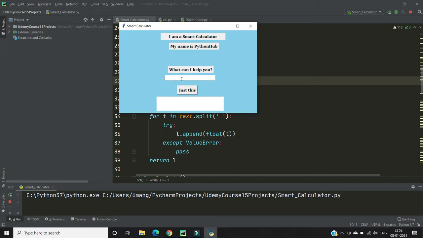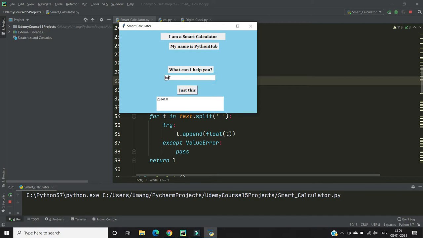Like if you want to add 45 and, let's say, 78, and then click on this button, and we have the output. And it's not like I have defined this. You can do anything like, hey, can you multiply me 40, let's say 24, 23 and 67, and here we go.